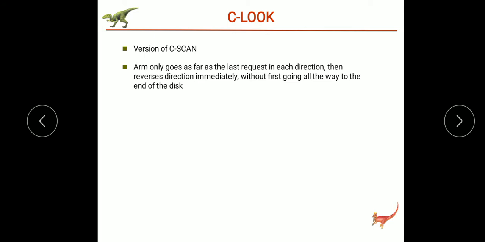C-LOOK is the version of C-SCAN. Why is it called LOOK? Because they look for a request before continuing to move in a given direction. So, if there is no request in the given direction, then it will not move further.